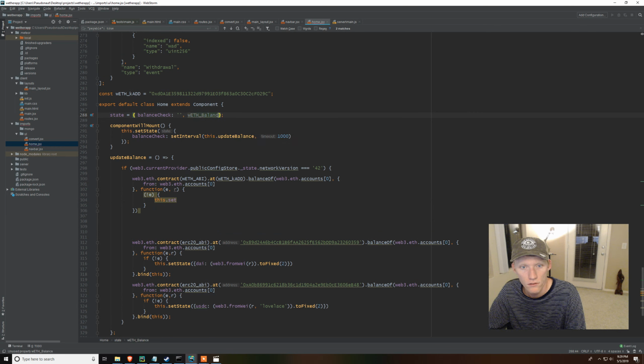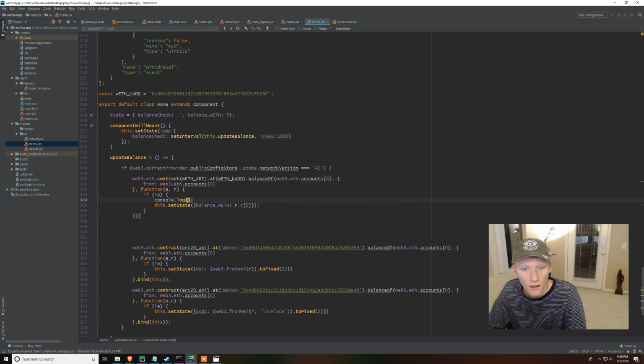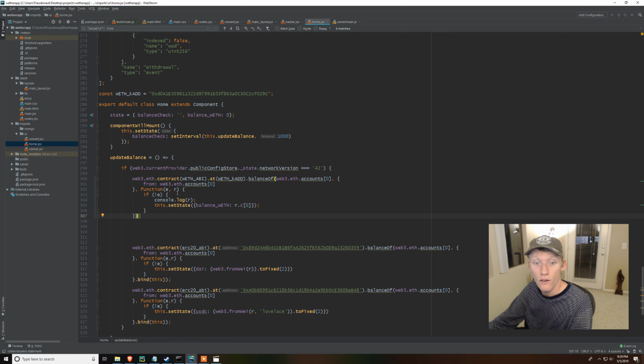wETH balance from whatever it is to, I need an if in front of that, and we're updating balance wETH to result.c0, and I will explain that in a second here by console.logging r, our result, to show you what the data structure is that we get back from the smart contract and why we have to access this C variable, which is an array, and we're accessing the first element of the array. And we need to bind this callback function